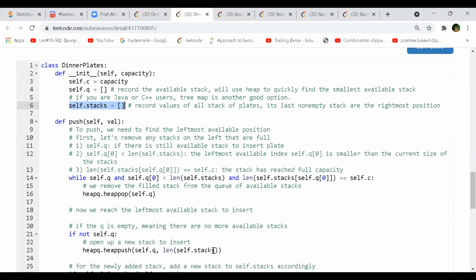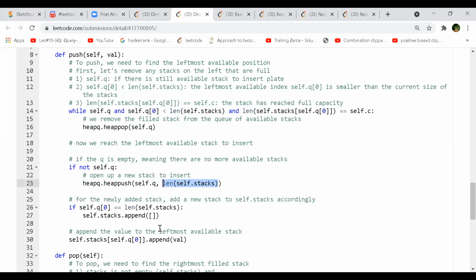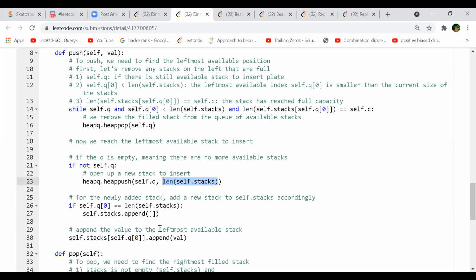No, the content of the heap will be the length of the stack. The main stack content's length will be stored in this helping stack. See, we are doing heapq.heappush. In the queue, we are pushing the length of the stack, to what extent it is full. But then self.q will keep changing, right? All the stacks' elements will be there in the self.q. No, we are pushing the length, right? Not the content, in the queue. The self.q you are heapifying and adding the length in that, not the content of that stack.